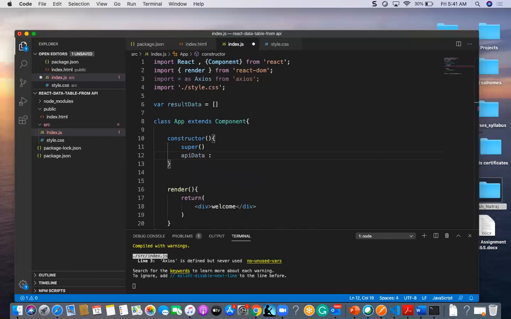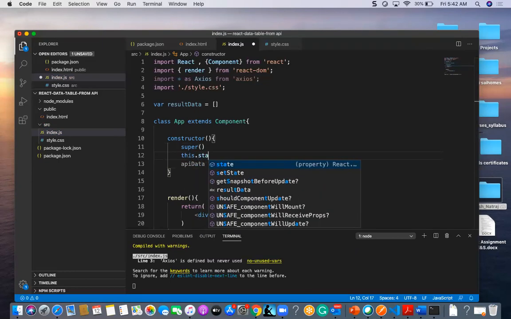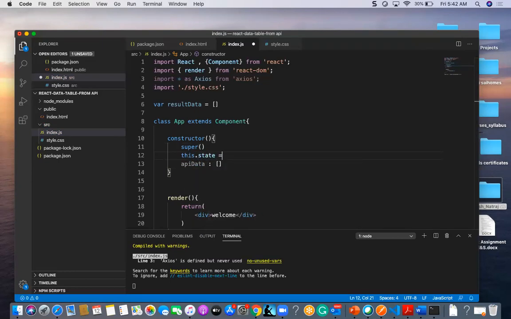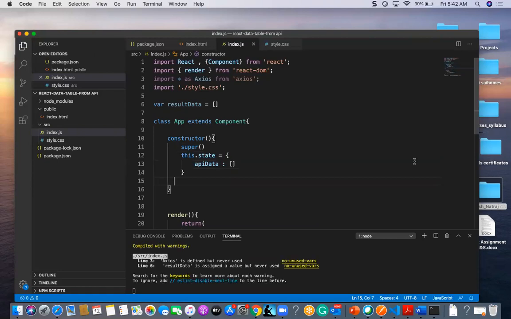Initially, I am going to mention this.state is equal to, and here I'm going to mention API data inside the state.